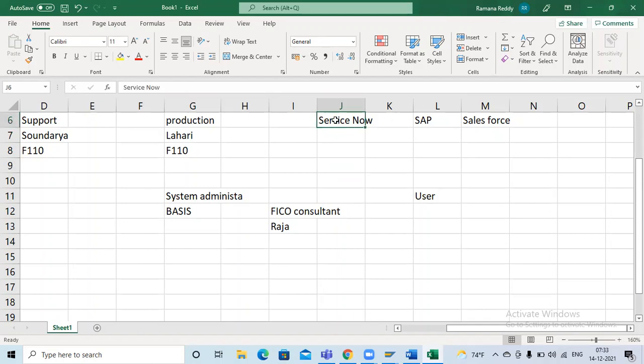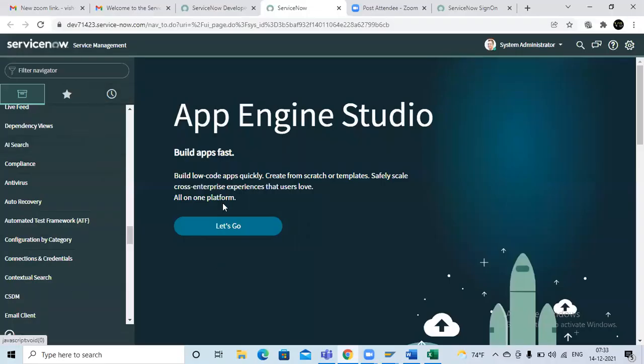So mostly every company will use ServiceNow to monitor the day-to-day transactions. So in ServiceNow, so many applications are there, right? We are using one of the applications, that is defects, that is the incidents application. Okay, so this is the sign up setup, guys. Hope you understand, right? Any doubts?